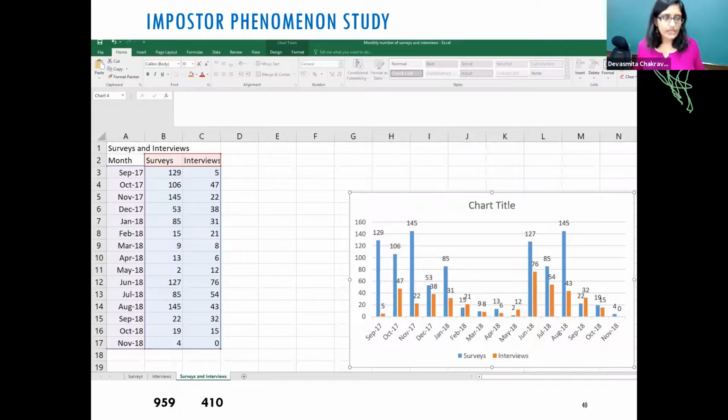But once I was faculty, I could do anything that I wanted, which is when the risks I was taking were kind of lower. Also, I got a grant to do this. I got about $30,000. It's always better to do a study when you have money to do it, because then I could get all my 410 interviews transcribed by an agency. I was not sitting and transcribing them myself. Or I could go to conferences to talk about my work. This grant took care of all that money. So for all this, you need money, right? Which is why the timing was good for me, because I already had money to do this work.